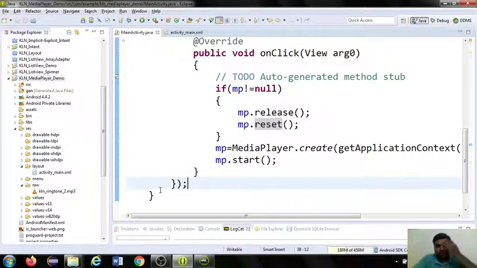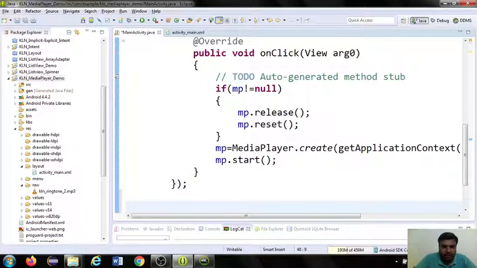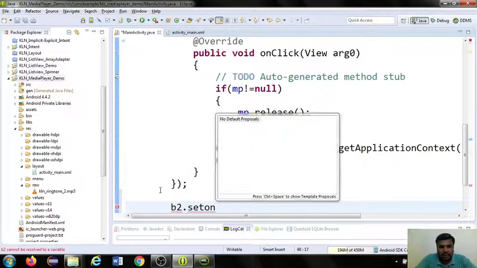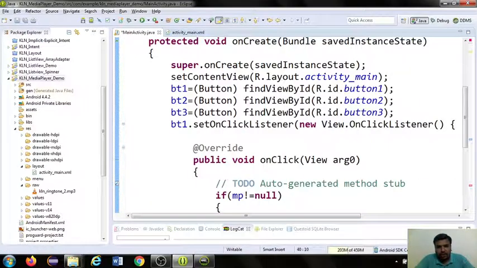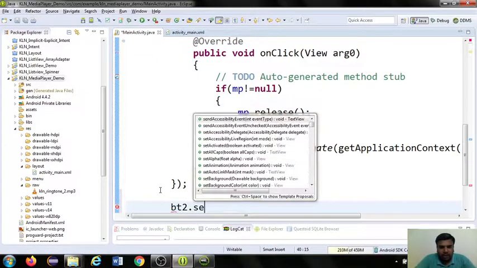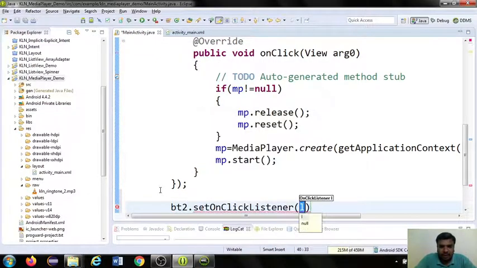Now you have to write the coding for the remaining buttons. In order to do that, you have to follow the same procedure, which means bt2 dot set on click listener, right?